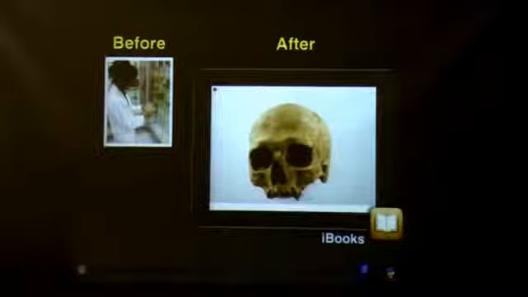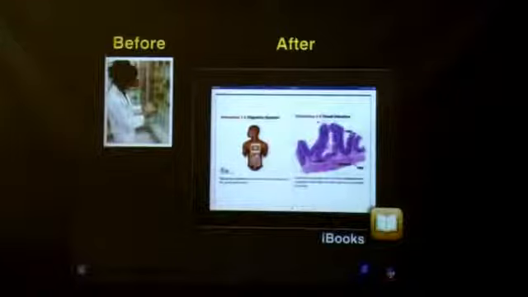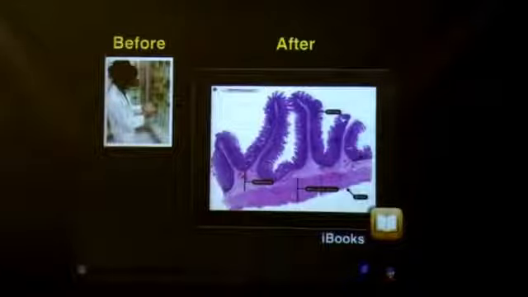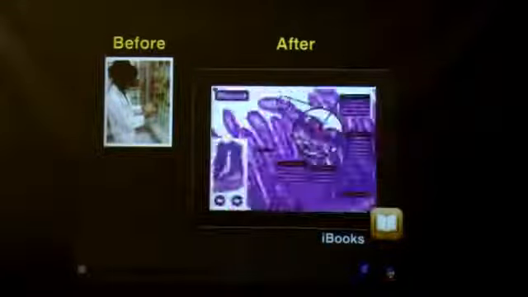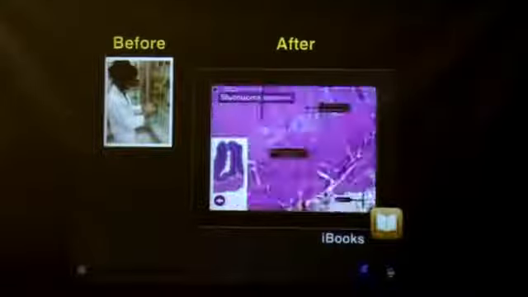But digitizing them, turning them into 3D models, putting them into an iBook, and then giving the iBook out to students means that students have access to all of this material anywhere, anytime. This is an interactive